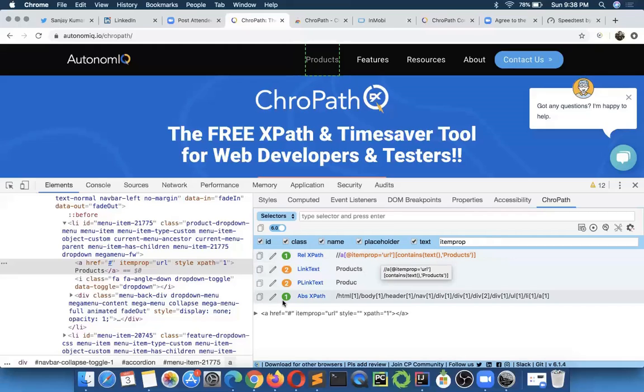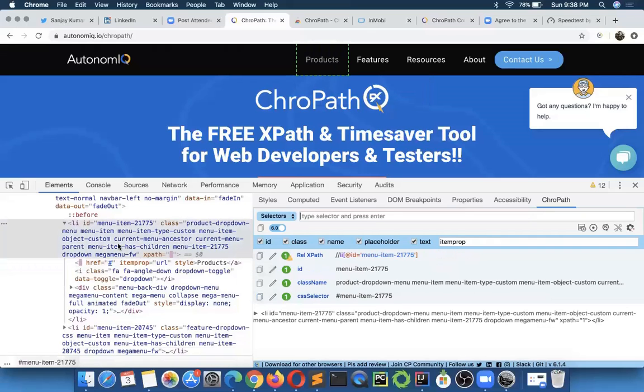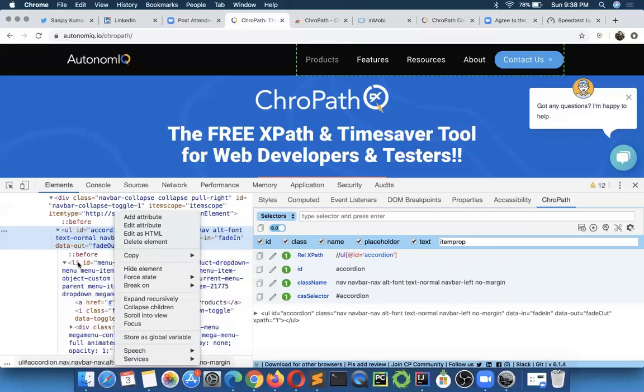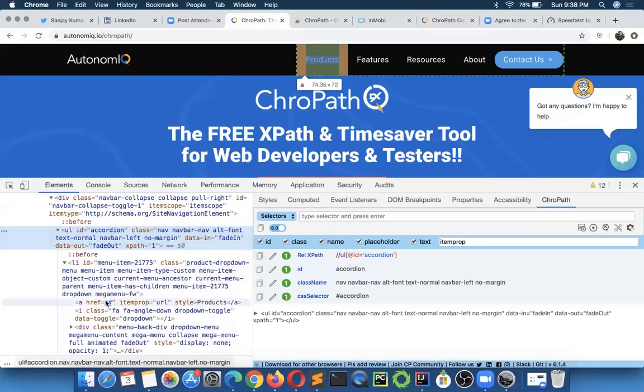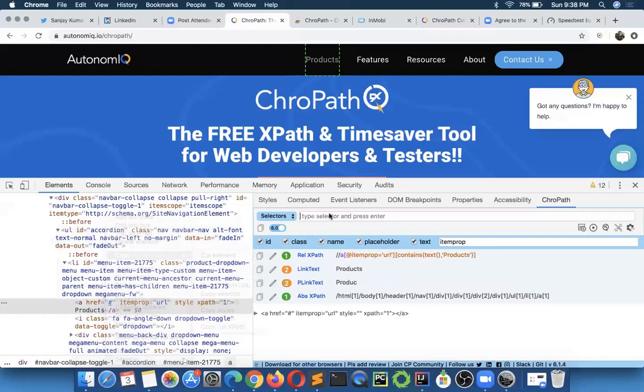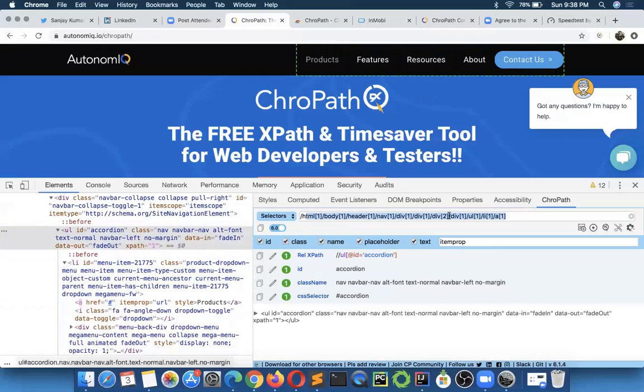Yeah, so now let's see what I was saying. Let's say you are writing your own XPath, okay? And many times people copy the XPath from here. Let's say if we right click and then copy and then copy the XPath. And this XPath comes something like this. You might have seen these kinds of XPath a lot, many times. People have written. So let's say if you don't have knowledge and you have copied this kind of XPath from DevTools, you just copy and paste here and hit enter.